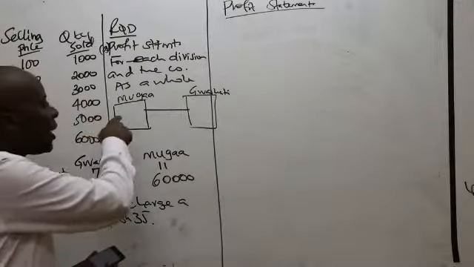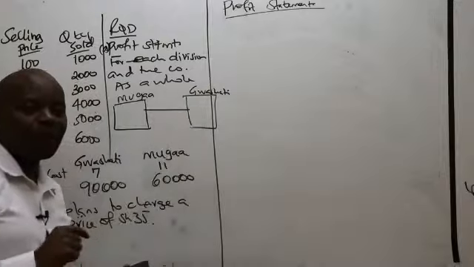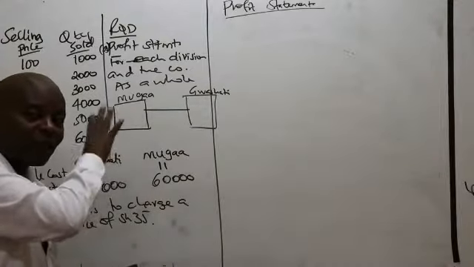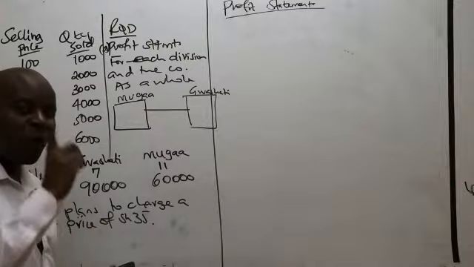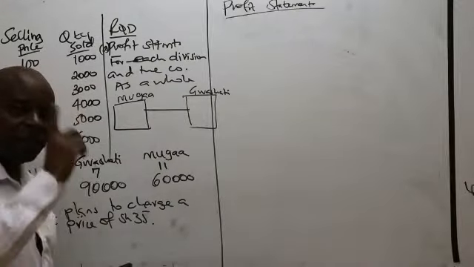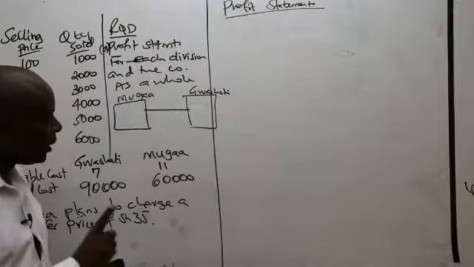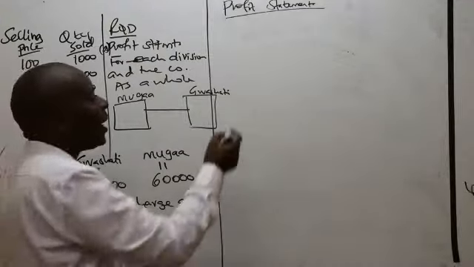So Muga is the one that transfers these goods here to Washati. The moment you lose out on this first very important principle, then you can easily get a zero. Always start by identifying the first company, the one that is producing the intermediate product. That, ladies and gentlemen, should come first in this column.